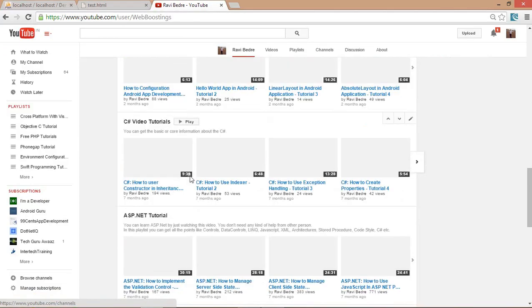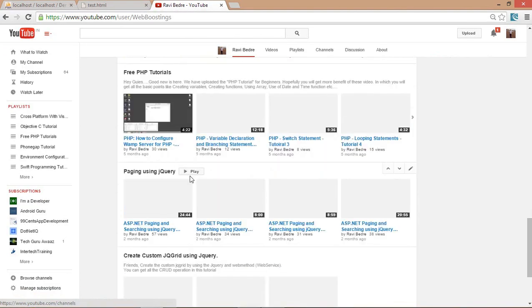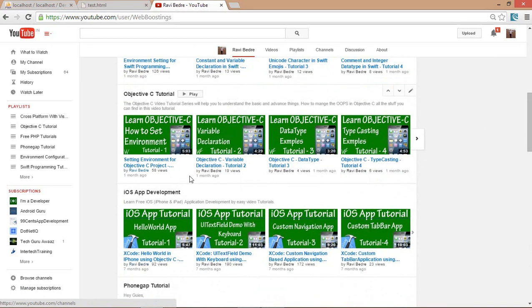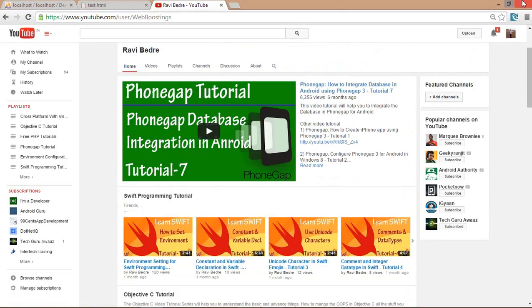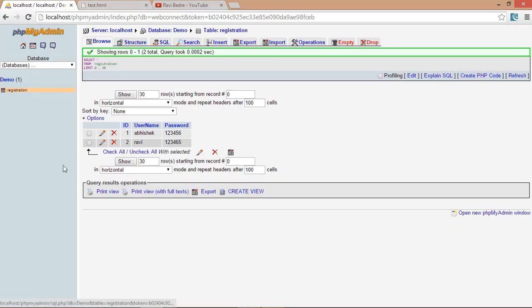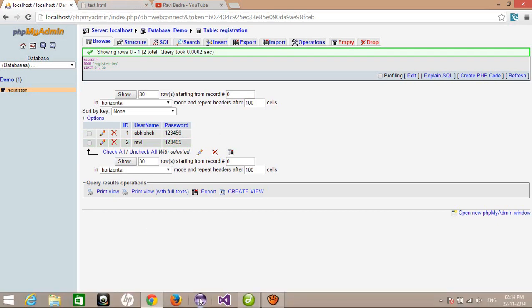Here you can find all the configurations of PHP, ASP.NET, and mobile application development, that is PhoneGap, iOS or Swift programming languages. First of all, I have created a database called demo, and I have created one table, registration, in which I have two records, one for Abhishek and second for Ravi, with passwords 1234 and 123456, right? Okay, after that